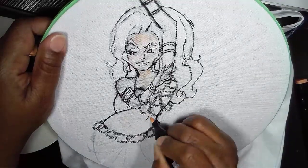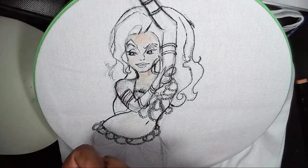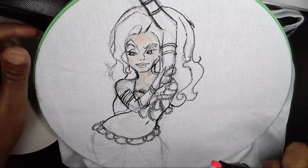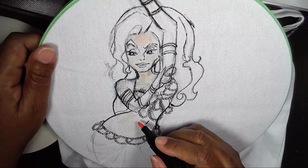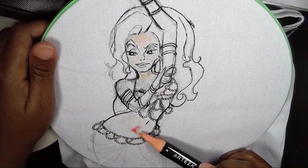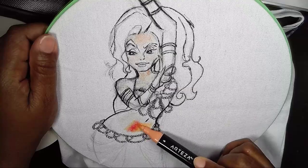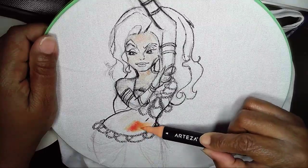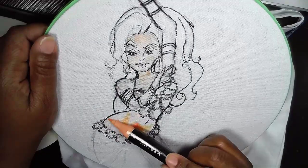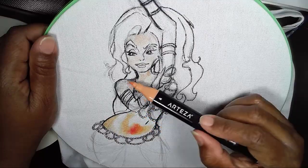Now, so you can tell this is dried out. Usually it comes right on out and it's very bright, vibrant. And a cool thing is that you can see that's how bright it comes out on that side, but it's lighter on this side. It's very strange how you can have two different tones with a different tip. It just doesn't make any sense. I don't understand that about this particular marker. But anyway,